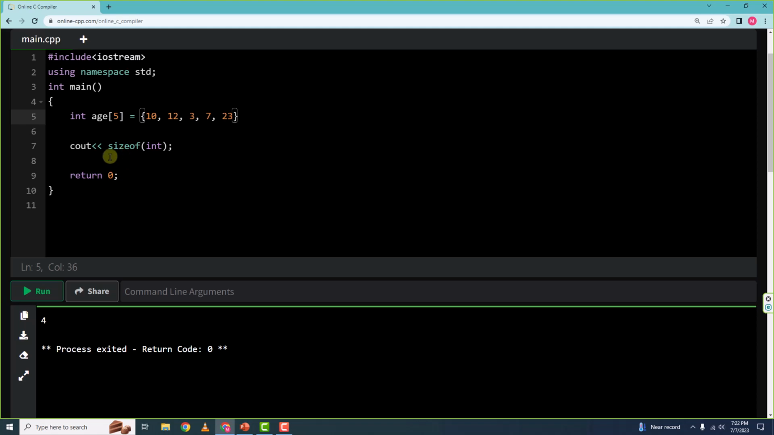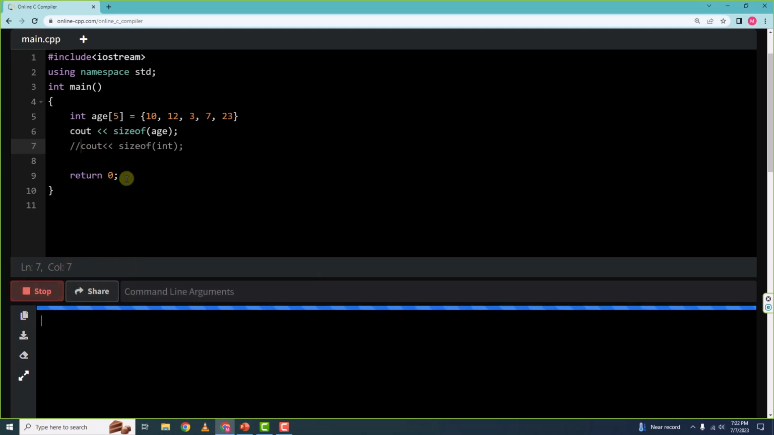operator. So here I will say cout, and I will say sizeof, and inside this I will mention the name of the array, so age. For now, I am not worried about the earlier line, so I will comment this out. You know that I would get 4 as the result of that. But now, when I run this,